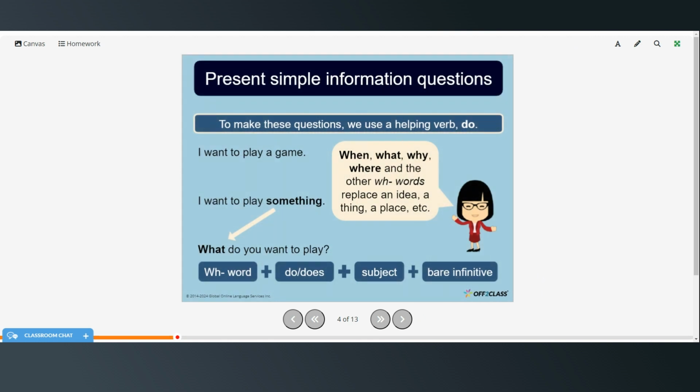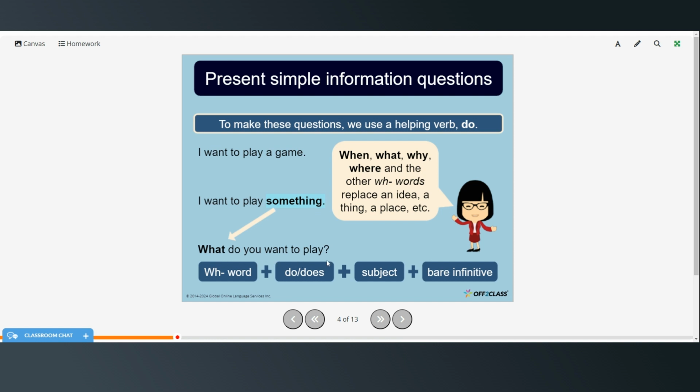All right, so present simple information questions. To make these questions, we have to use a helping verb, the helping verb do. So when, what, why, and where, and the other WH words replace an idea, a thing, or a place. So if our answer was, I want to play a game, the game is the thing that we are going to be forming our question around. I want to play something, and if we don't know what that something is, then we would ask,